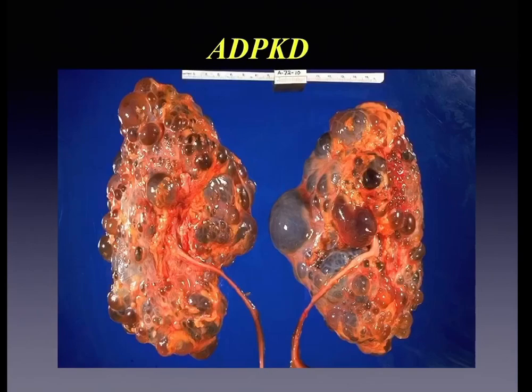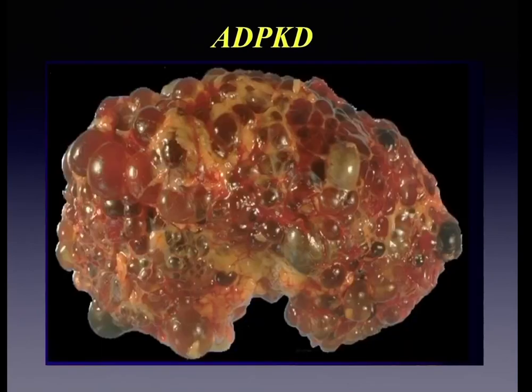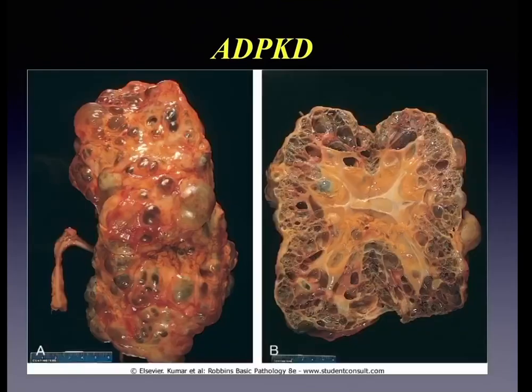So this is the external surface of the kidney, which appears lobulated because of the presence of cysts. This is another picture of the same. Here you can see the cut section of the adult polycystic kidney disease, wherein you can see multiple cystic spaces of varying sizes occupying the kidney. Apart from that, it can have some extrarenal manifestations like hepatic cysts and cysts in other regions, and sometimes even an intracranial aneurysm.